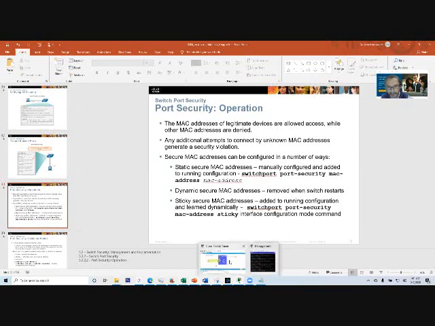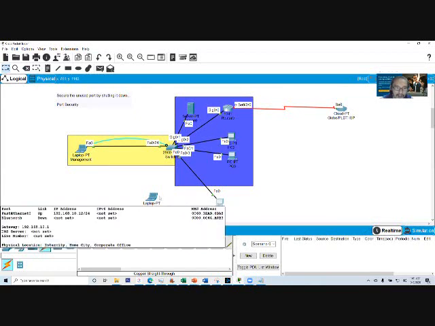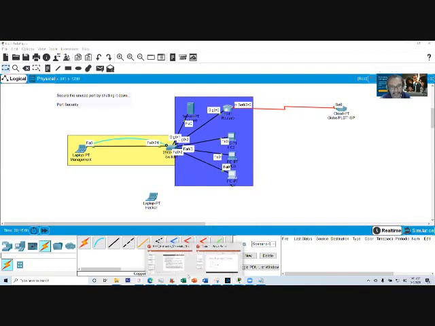Okay, so going back here, I'm going to demonstrate that this PC has a MAC address. This PC is connected to FA0/3. What we are going to do is bind the MAC address of this PC with the port number of this switch. That way, if another PC is connected to this port, which has a dedicated MAC address already bound with PC4, then that line will be shut down or it has a violation. So whatever violation it would be, okay, the idea is